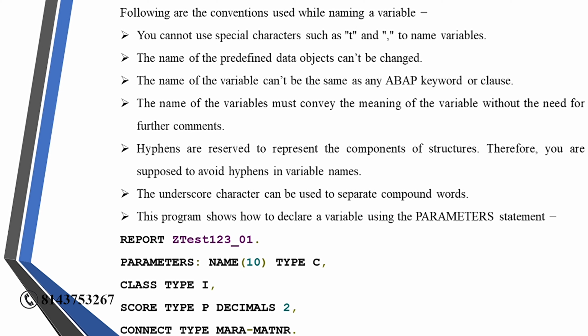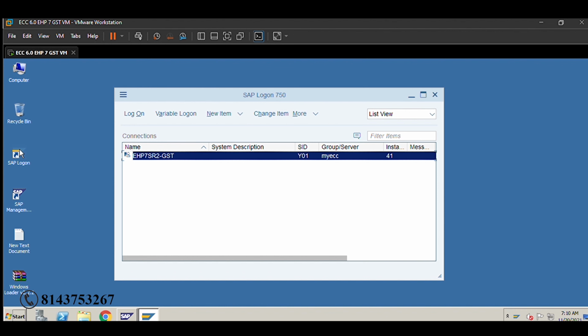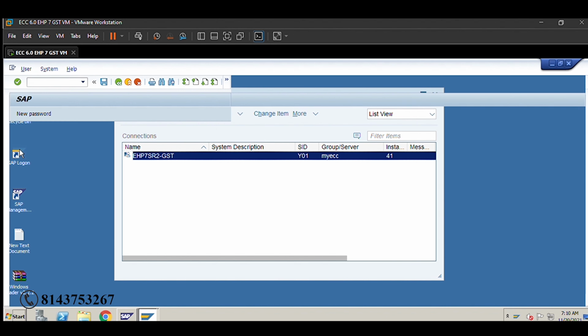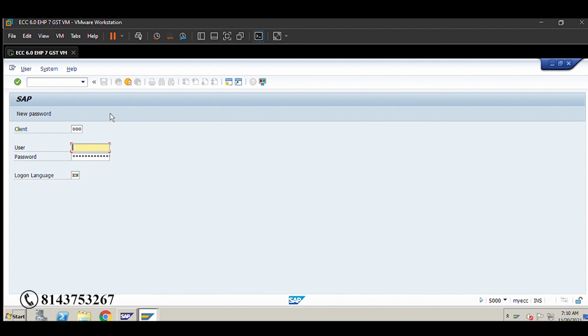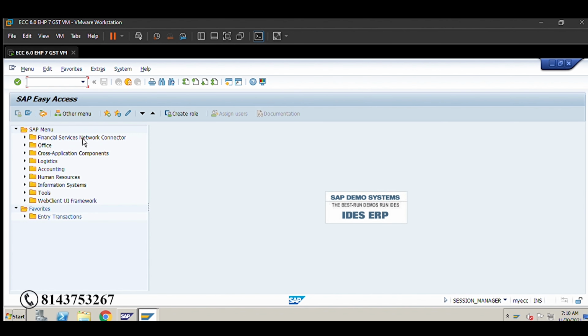Next, let me go with this program and I will explain each one. This is the SAP Logon, which we explained the day before yesterday. Double click on it. This is the client, this is the user ID, and this is the password we need to enter.